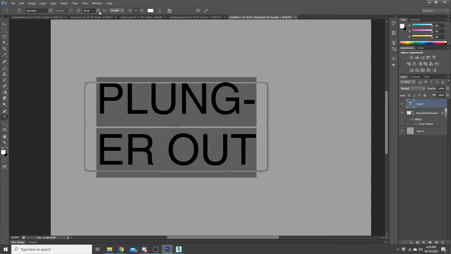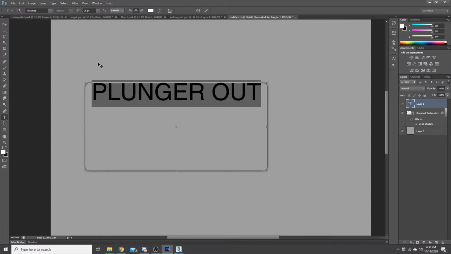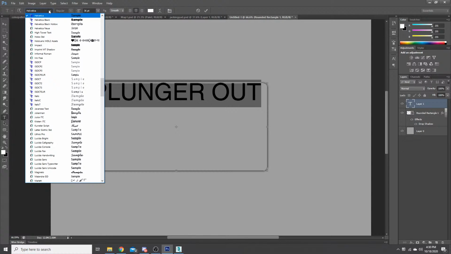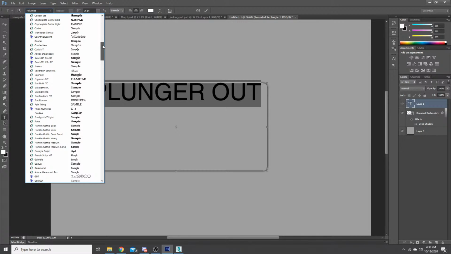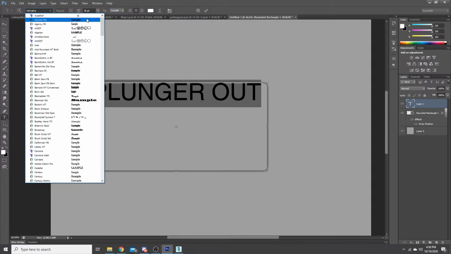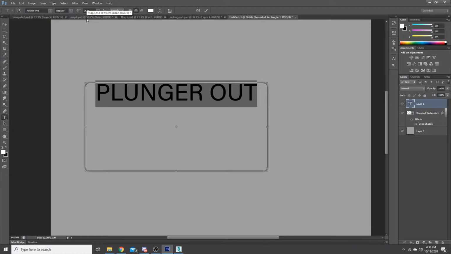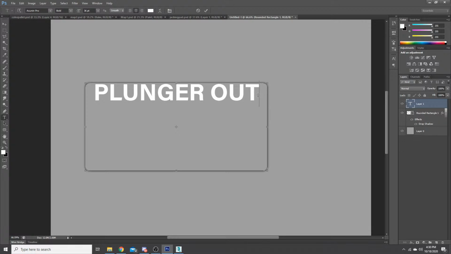And I'm going to lower this to about that, at least so I can see it. And then I need to find something that matches. Let's see here. Can I just do bold? Yeah, that's close enough. So plunger out. Break on. Alrighty.